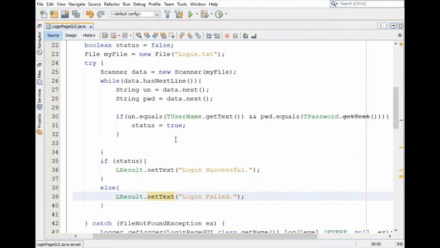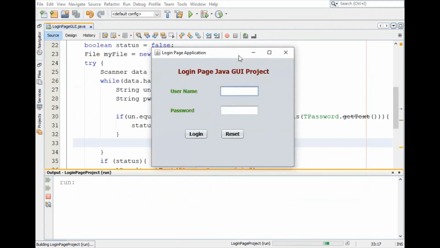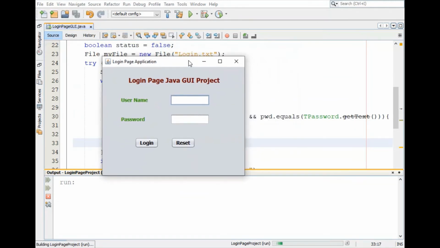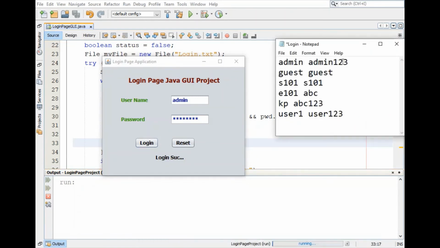Let's try to run this. And let's add admin as username and admin123 as password. So this is login successful because the username and password are matching with the username and password which is stored here.